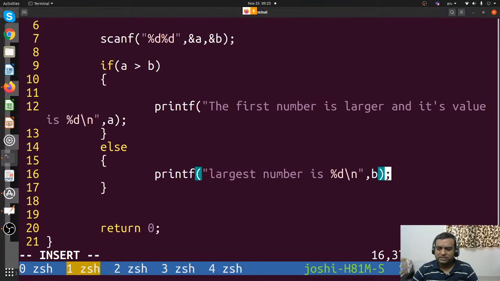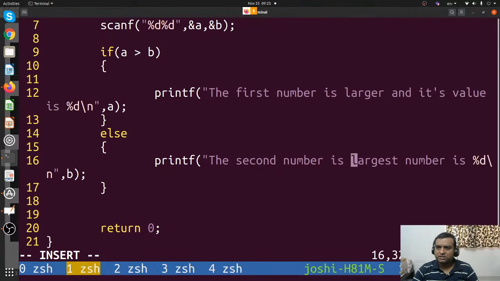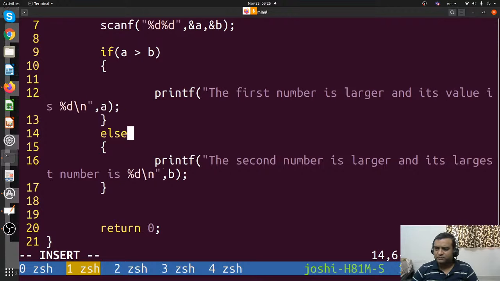Similarly, let's say that I want to write the second number is larger and actually its value, sorry, yeah, my mistake, value is,